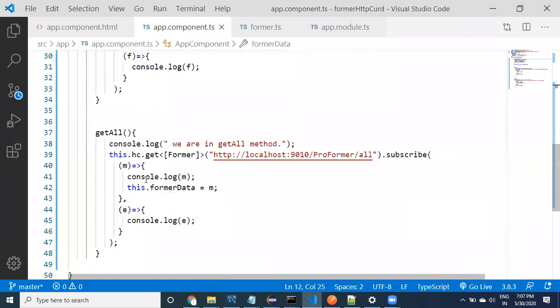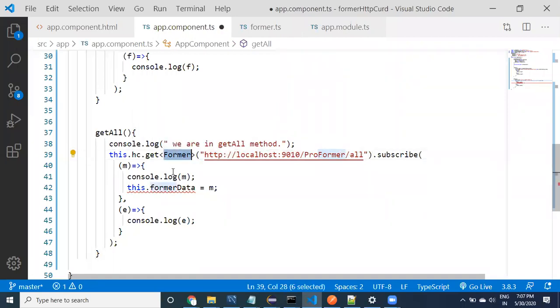Come here guys, this dot farmer data. Even if you call this REST service, you are going to get only one farmer object, but you are trying to assign an array of farmer. This is also not correct.